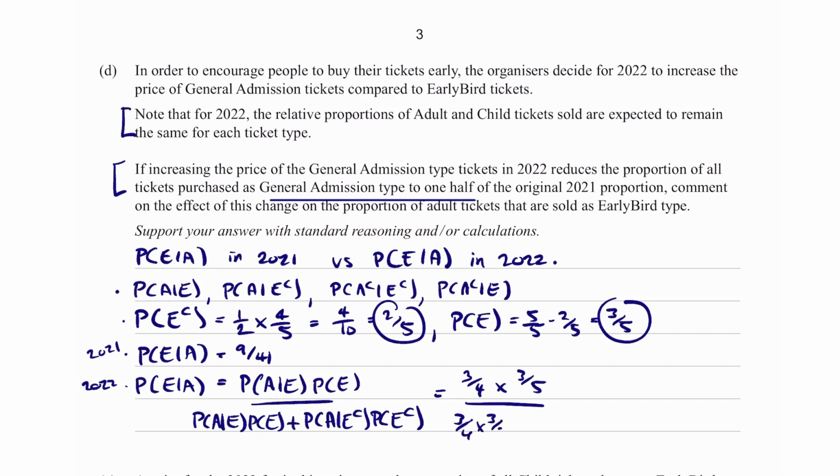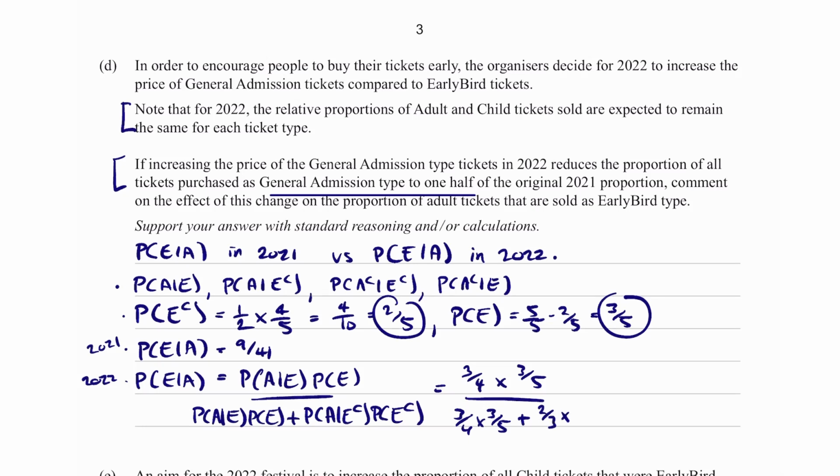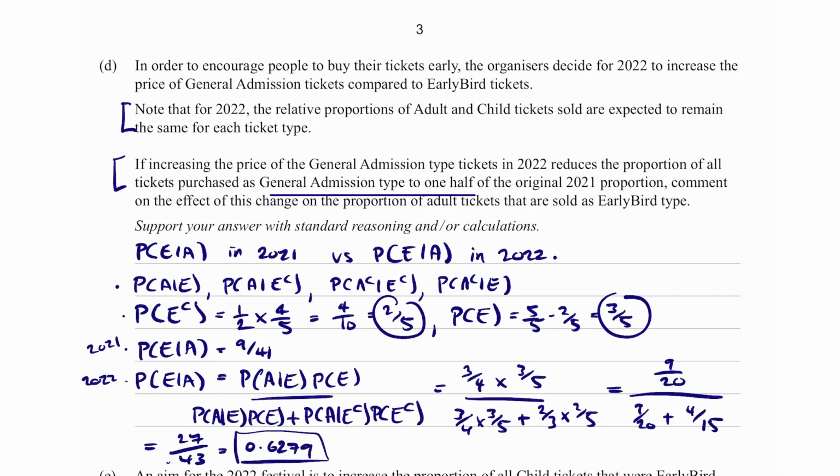Now 3/4 multiplied by 3/5 added with A given EC. A given EC is 2/3, and the probability of EC is 2/5. So this is equal to 9 over 20 all over 9 over 20 added with 4 over 15. We get 27 over 43. Now this is equal to 0.6279, and 9 over 41 is the same as 0.2195. So what we can say is that the effect that this had is that